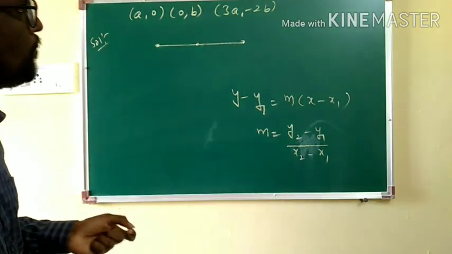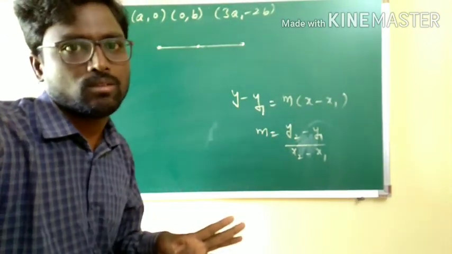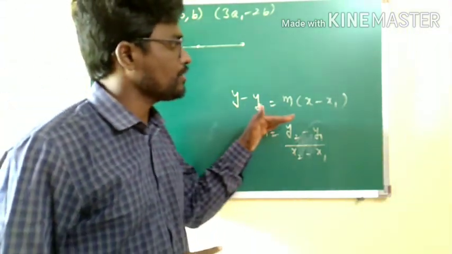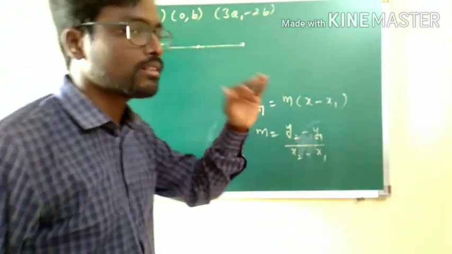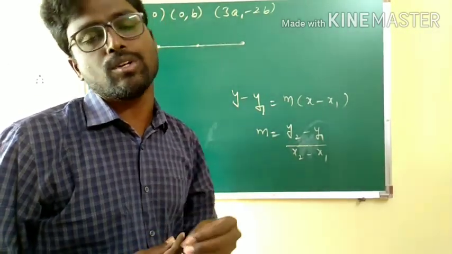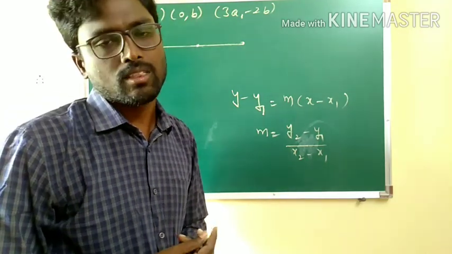Therefore, with the help of that, you can say the points are going to be collinear. What is method 1? In method 1, I am tracing out the equation which is passing through any of the 2 points, and the third point I am going to substitute and check whether the point is going to satisfy the line equation or not.